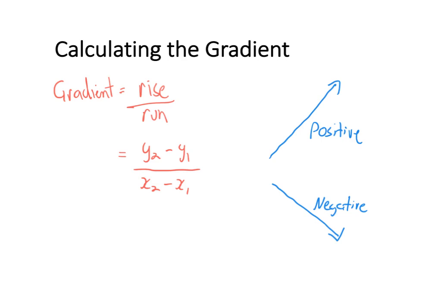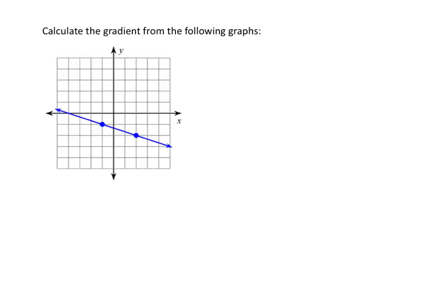So let's have a look at how we can use these two formulas to calculate the gradient of a line. So in our example, we want to calculate the gradient off of the following graph. The first thing I notice is that my line is sloping downwards. So I would expect my gradient to be a negative number. So to calculate the gradient, I'm going to use the formula gradient